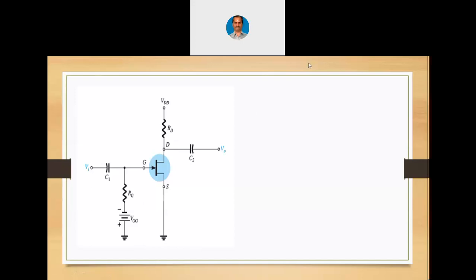To protect VGG? No. Why should we protect VGG? VGG will not have any issue there because the gate voltage is connected to the gate. There is no current going to flow from gate to source, right? And again, VGG supply cannot go to the left side towards the input either, because there is a capacitor there. Because of this capacitor, DC current cannot flow either to the left side or to the right side. So, that way, there is no need to protect VGG. That is not the answer. I want some other answer.